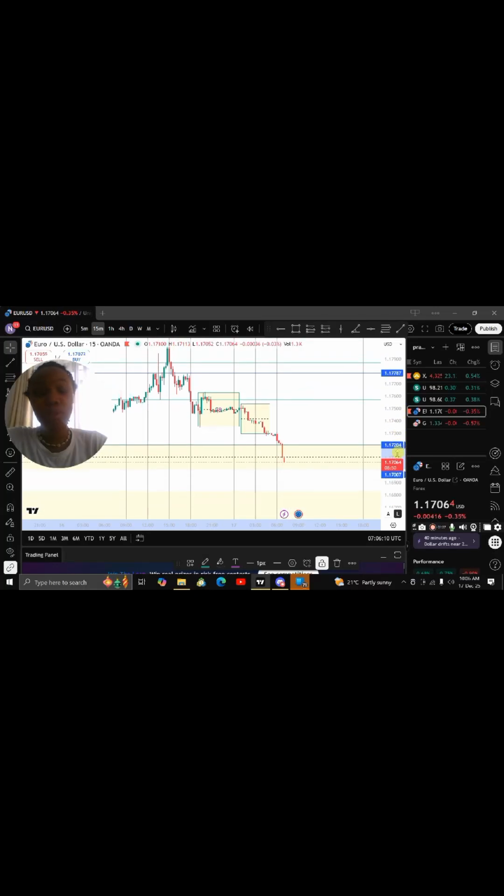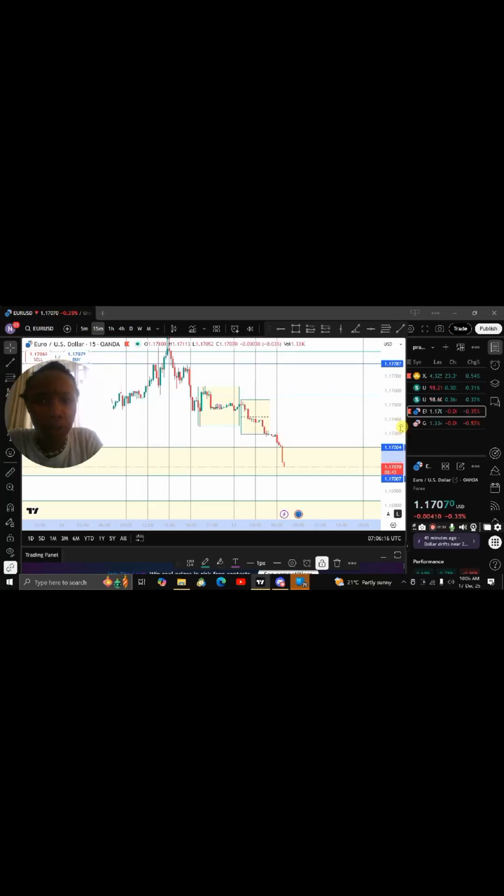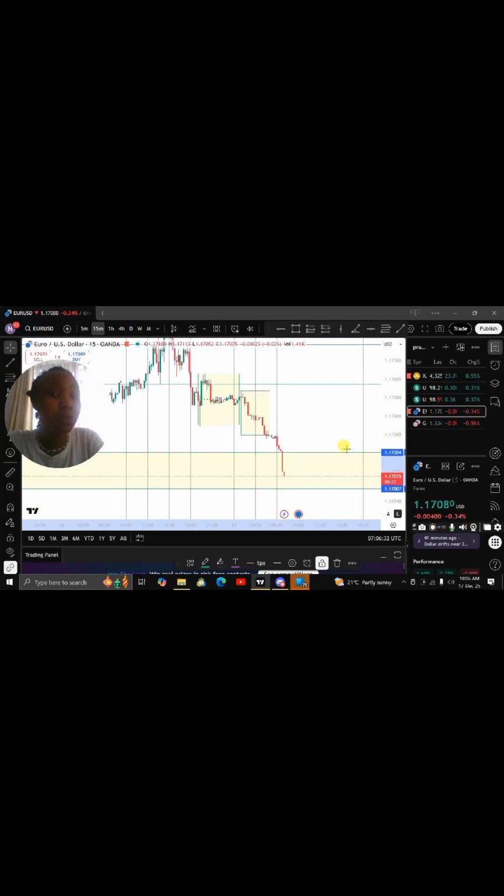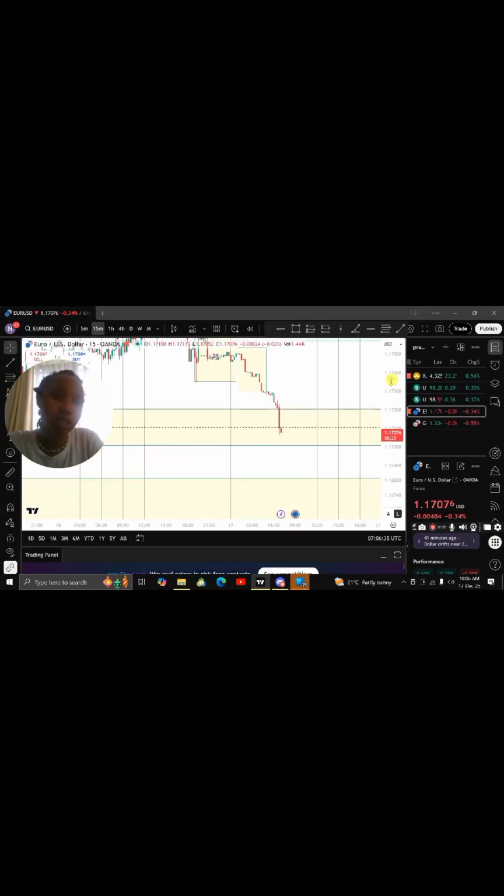I have to look for the manipulation zone. I can't trade the delayed protraction. Actually, today we're not gonna see a protraction or a retracement unless in the New York session. Why? Because exactly at 0 GMT, you can see that this thing started declining. So that means it's gonna continue doing that. It's gonna be a big day range.